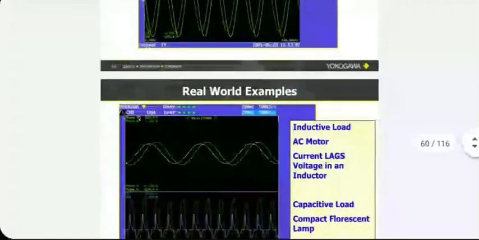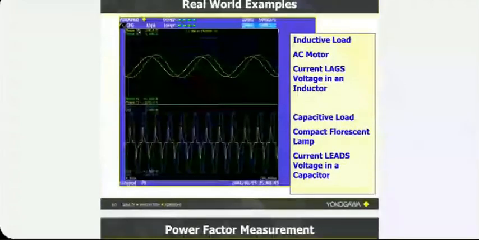Here is a real world example. Voltage and current signals, both sinusoidal, but they have some phase difference between them. So your job is to figure out the phase difference and take cosine of it if you want to measure the power factor. Non-sinusoidal signals are also available, in fact, are the real life challenge. But generally they are periodic.